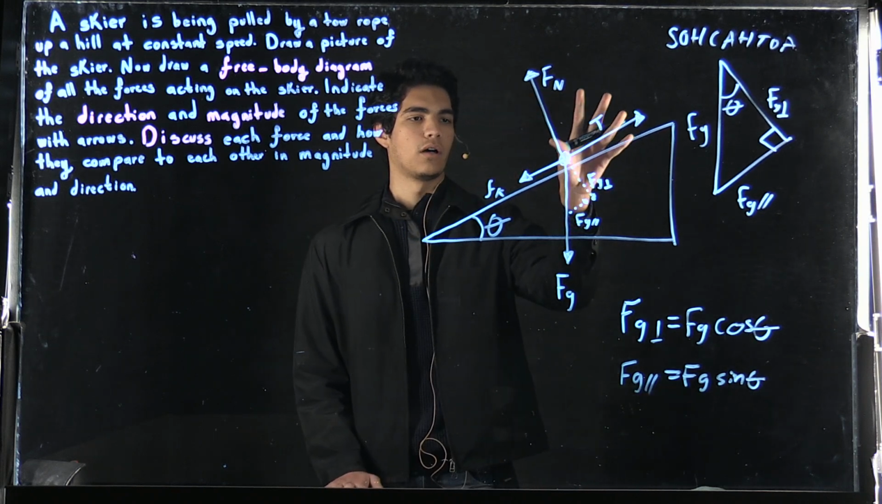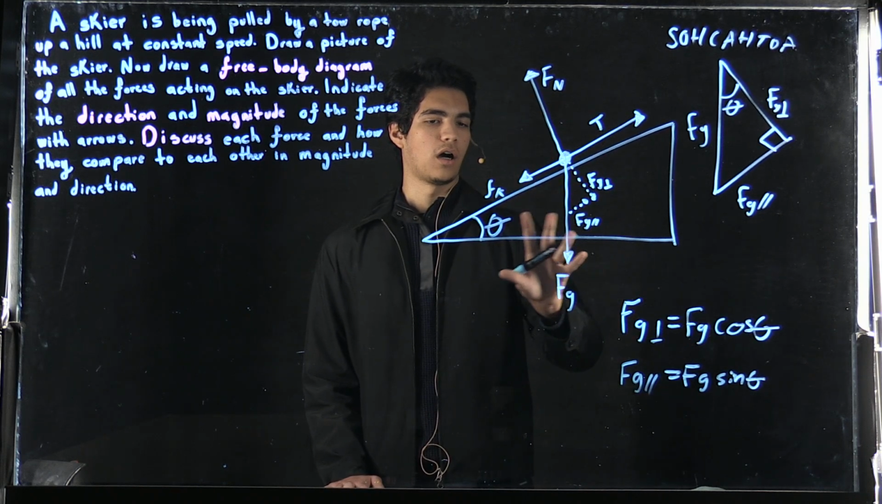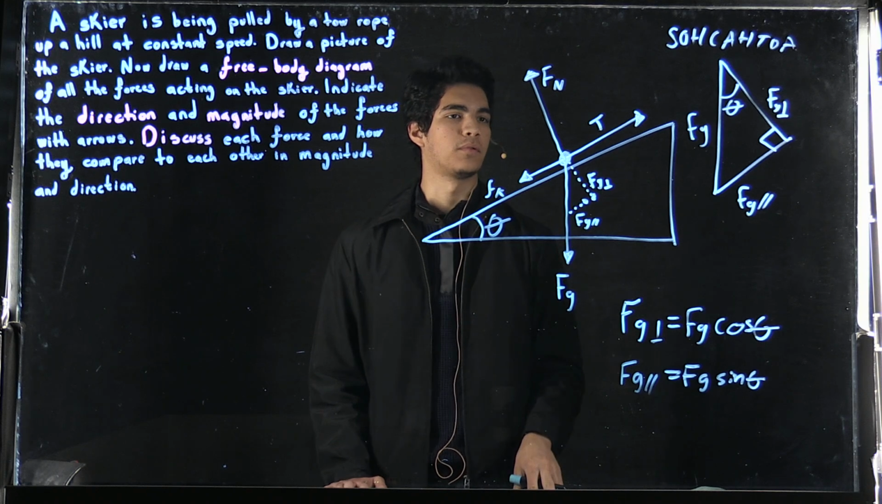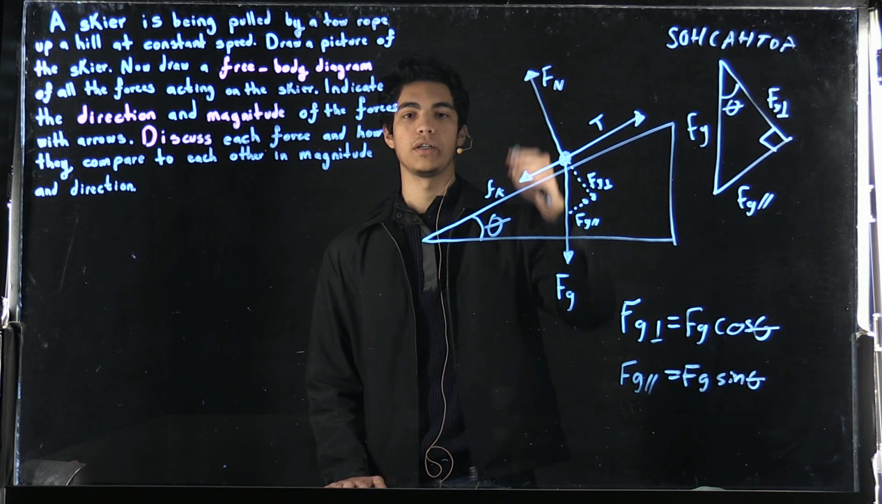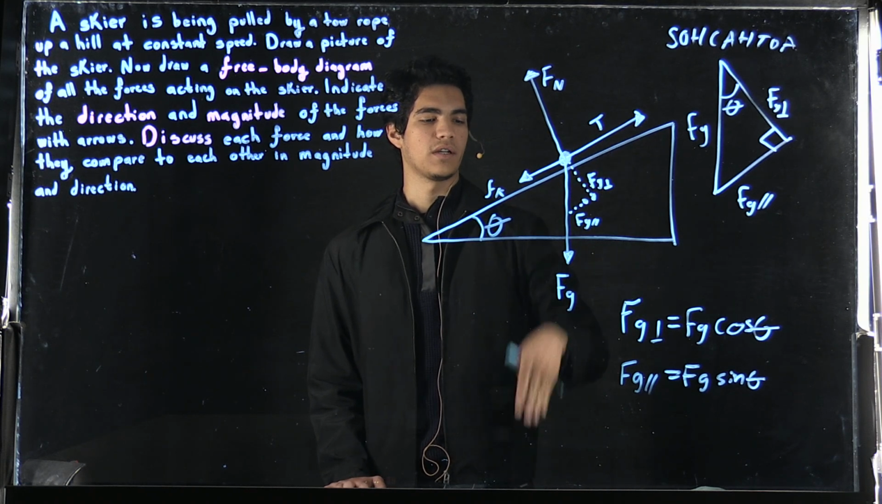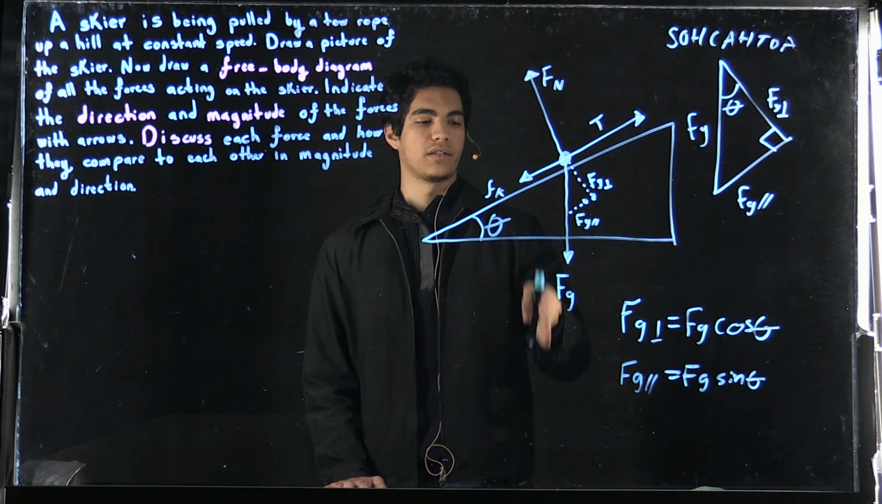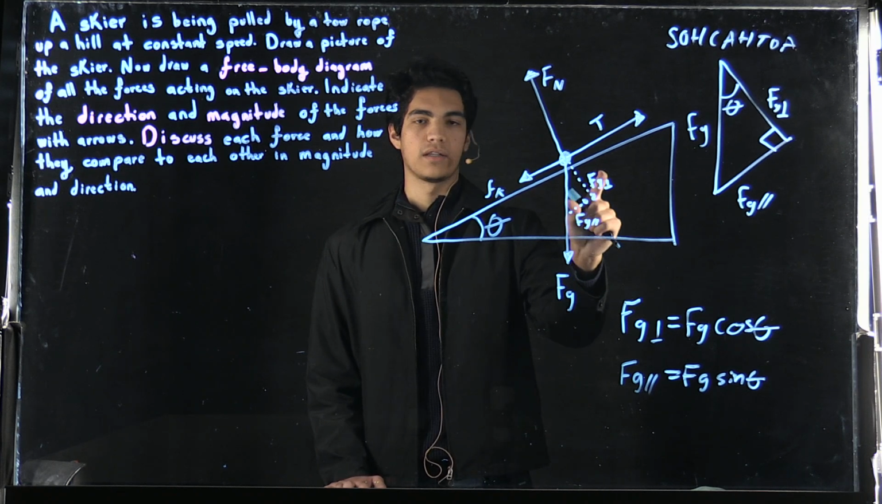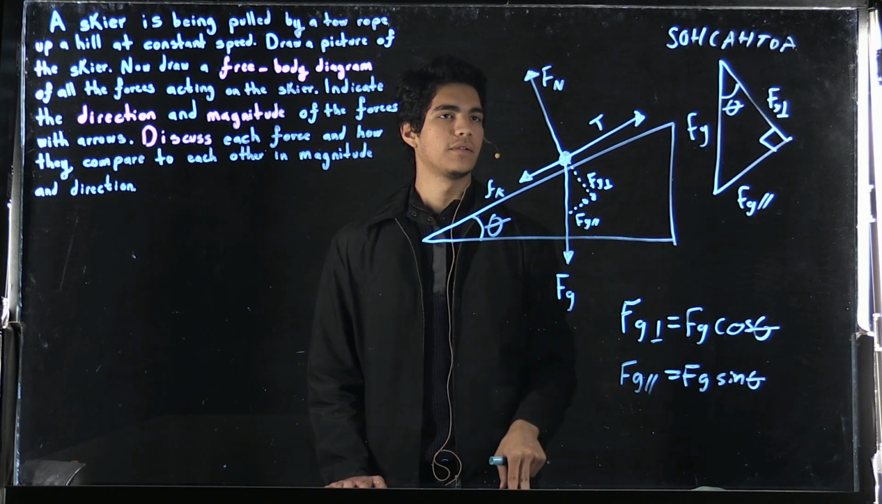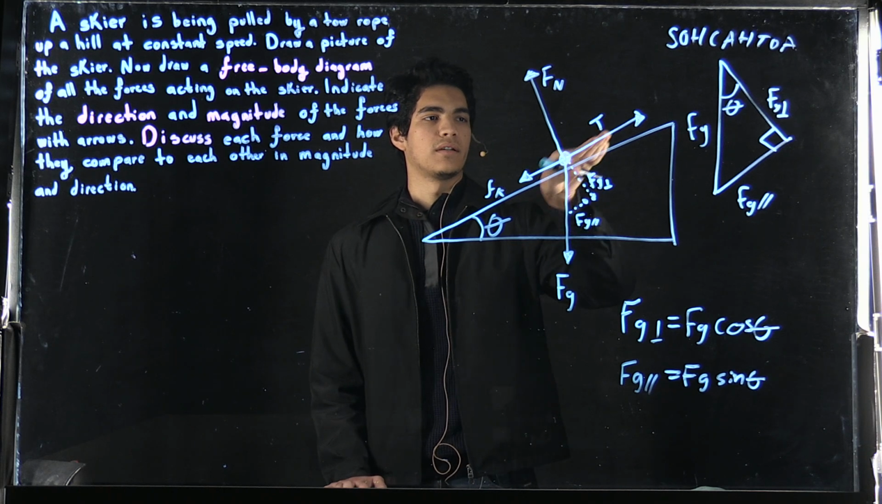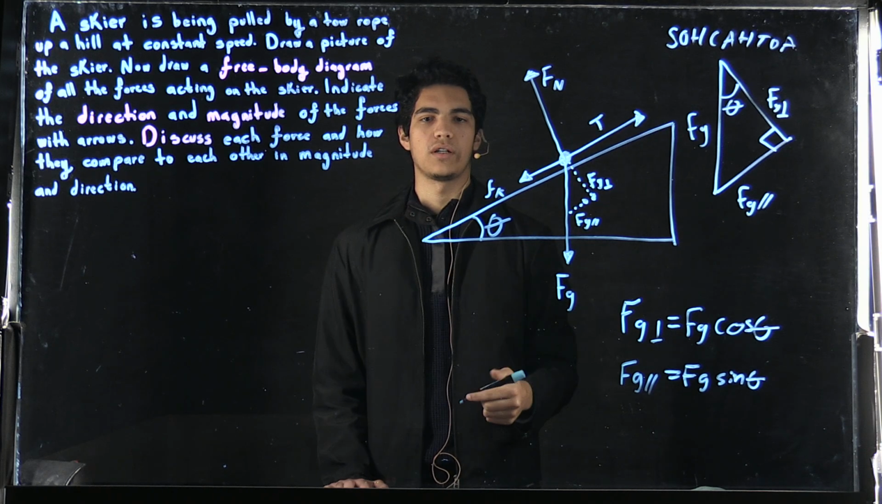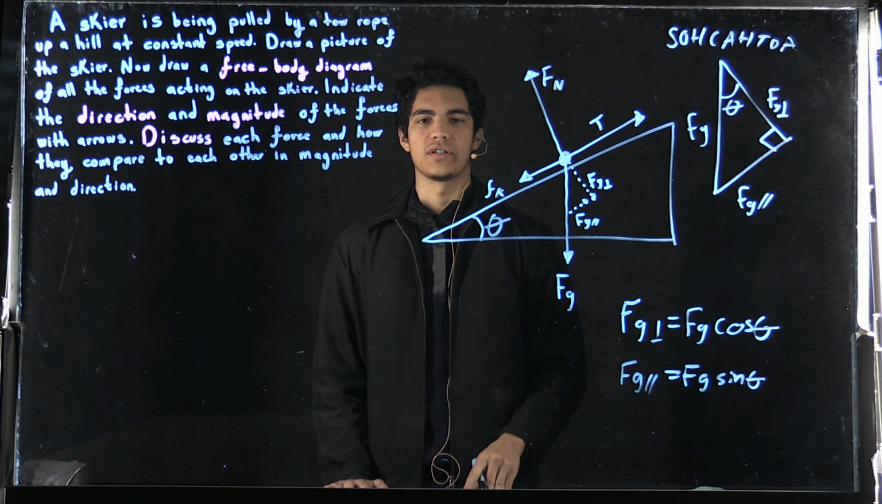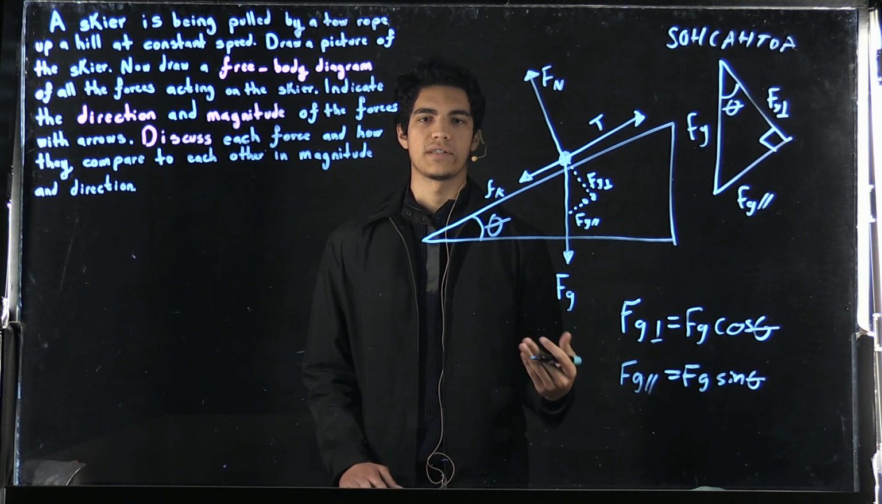And this would be all the forces acting on the skier, who is being pulled up by a rope. So we have the normal force acting perpendicular to the surface of the hill, the force of gravity acting straight down, and it can be split up into these components here, and the applied force, which in this case would be the tension, and the force of kinetic friction, since the problem doesn't state that this is a frictionless